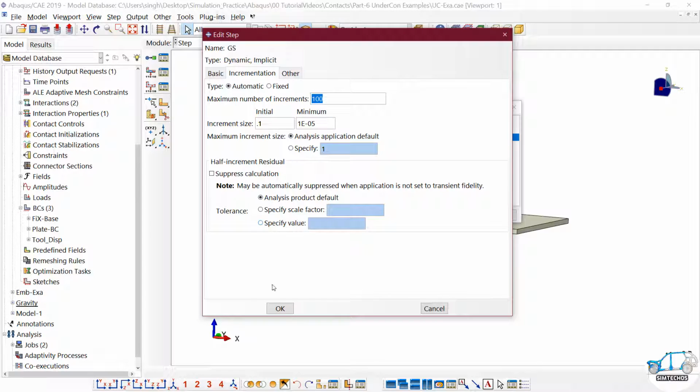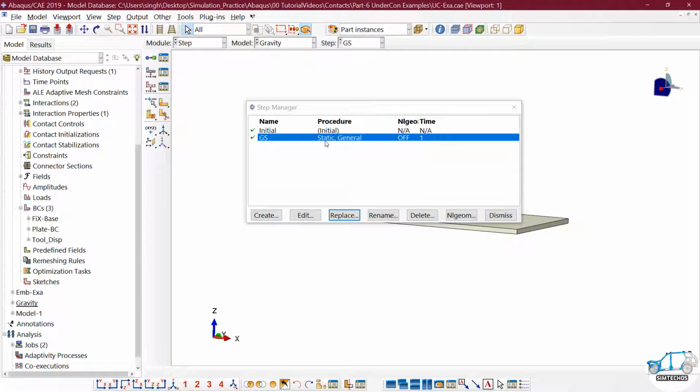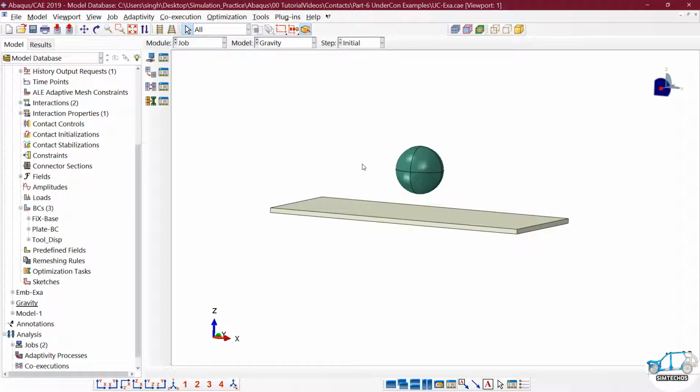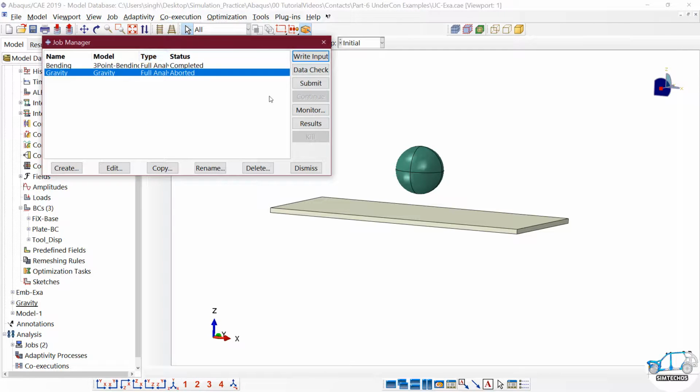Maximum will be considered by the software automatically. So now it is dynamic implicit, and click on job. See, now we are inserting dynamic equilibrium in the modeling. So for every increment, or we can say for every iteration, the component is in dynamic equilibrium and the simulation can be run.